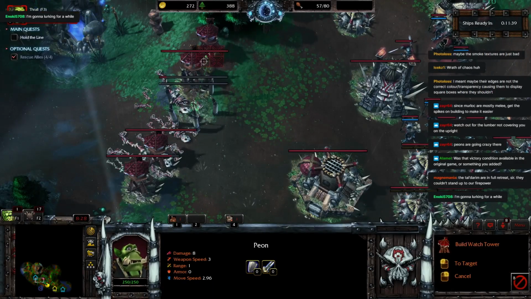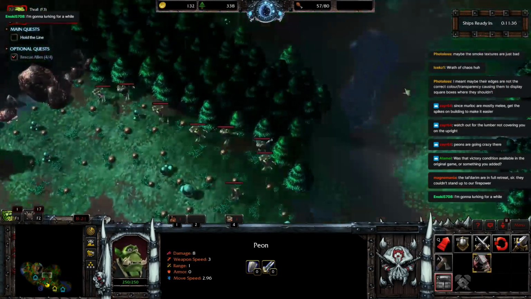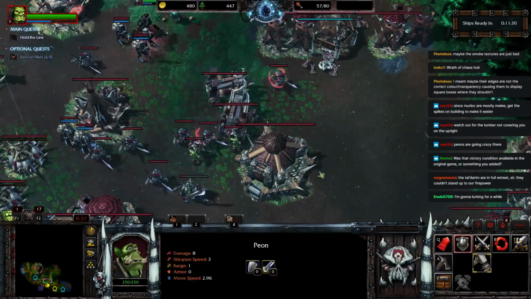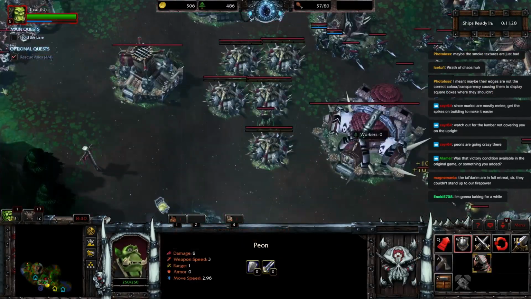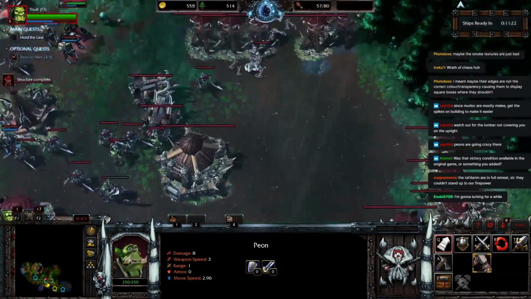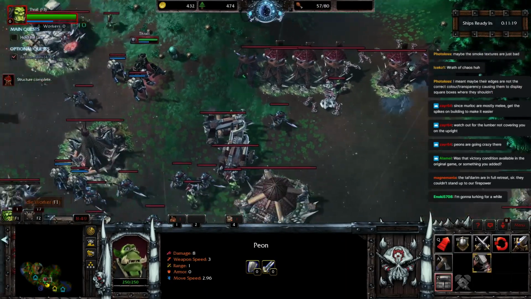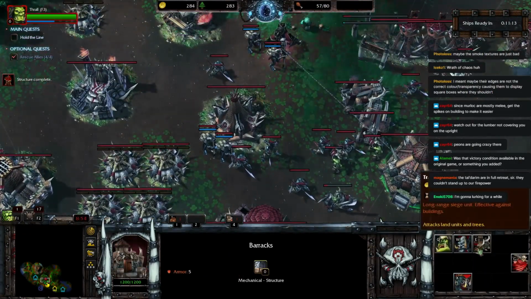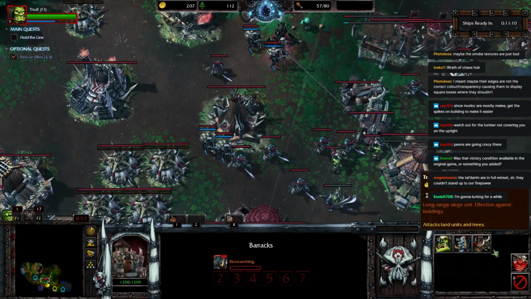But anyway, for pretty much every Azeroth Reborn mission that is a holdout, I made a victory condition that is essentially destroy every enemy structure. So I think that, you know, makes it more interesting for players who don't like defense missions. I mean, personally they are pretty much my favorite,